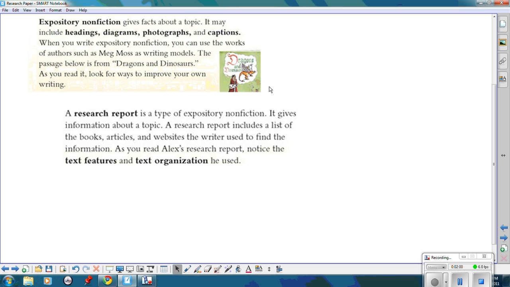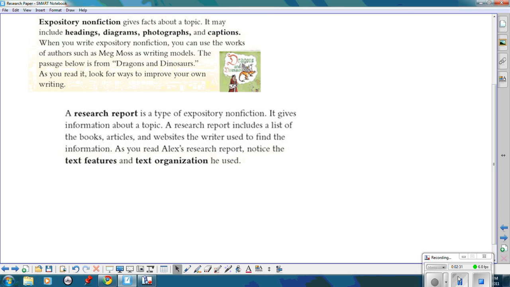So you can tell that this is more of a research report because it has the information, and it will also include at the end a list of books, articles, and websites that the writer used to find the information. So we're going to be taking a look at an example of Alex's research report. Alex is a student who wrote a research report, and we're going to pay attention to the text features, which would be things like headings, diagrams, photographs, and so forth, and then the organization,